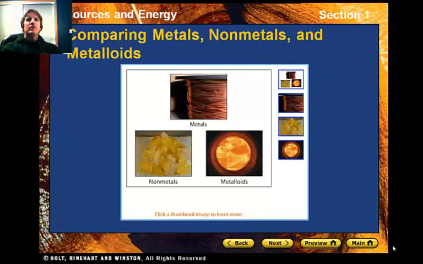Alright, let's compare metals and nonmetals to metalloids. Alright, metals. When you point at them,